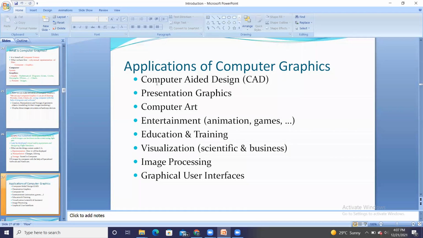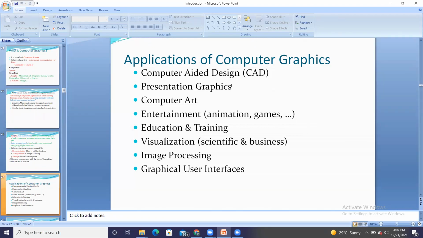Computer aided design is mainly useful for production and mechanical engineers to draw the outline of any automobile. Here we draw the outline using a mesh-like, wired structure, and with that structure we are able to get the outline of any object. So computer aided design makes use of computer graphics.